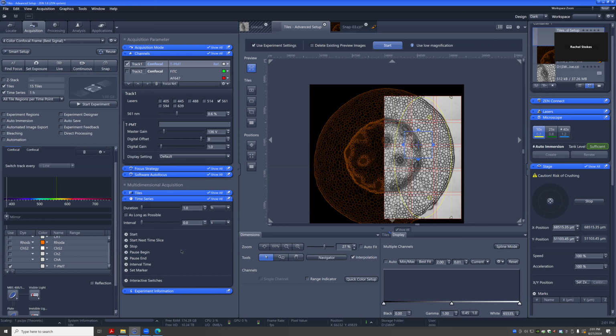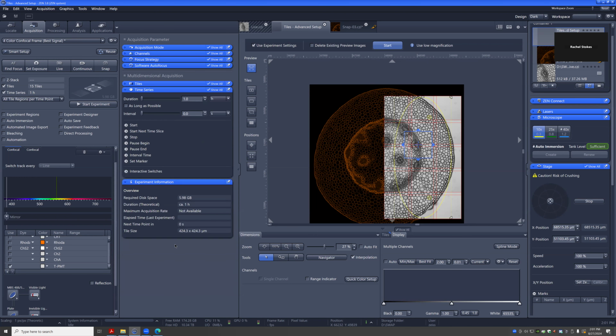But I always recommend double checking this box here. You see how right at the bottom it says experiment information. This will calculate for you, with your current experiment settings, how big something is going to be and how long it's going to take. Of course, if you set a 1 hour time lapse, it says it's going to be about 1 hour for this experiment. That makes sense, right? But this is good. This is a perfect sanity check,